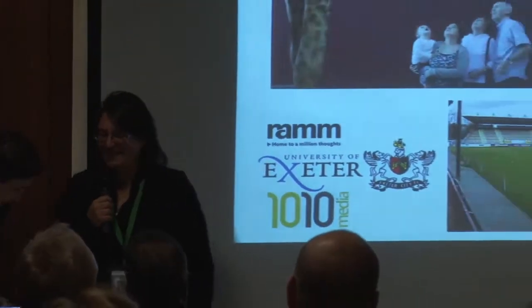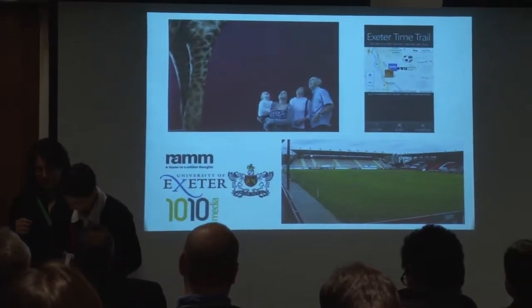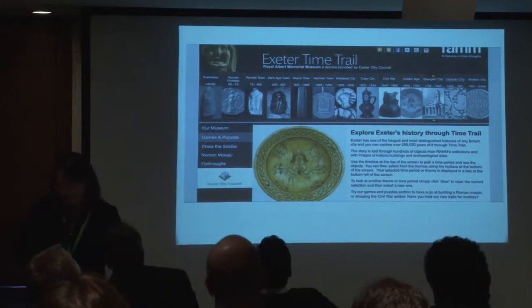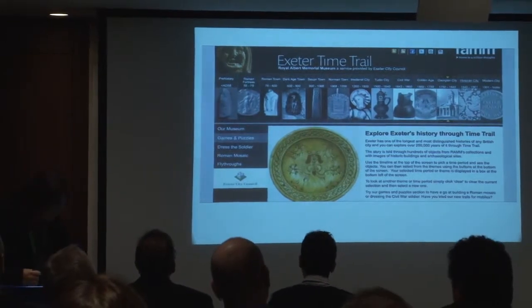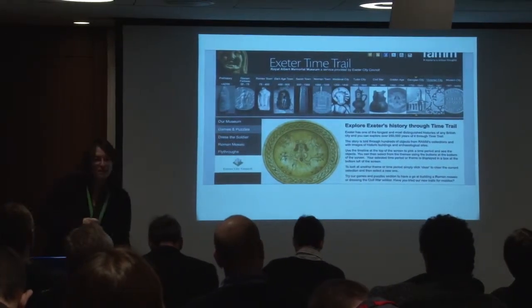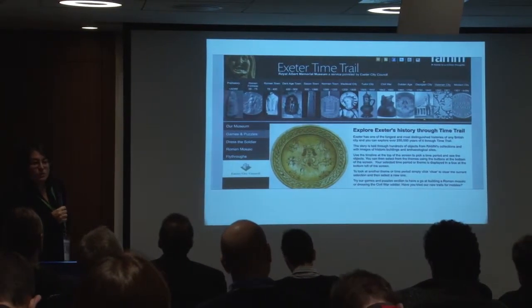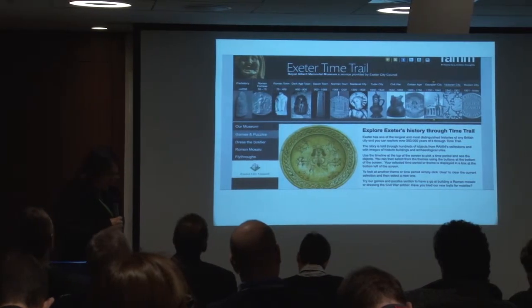The prototype currently allows for the design of historical trails, so that's, say, Tudor, Victorian, Elizabethan, whatever, and content-based trails, so for example, sport and well-being. It was based on a pre-existing Exeter Time Trail website at RAM, which is widely used by the BBC and Osborne, which is a children's book